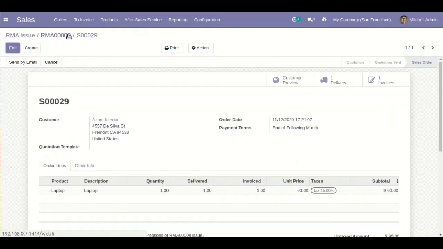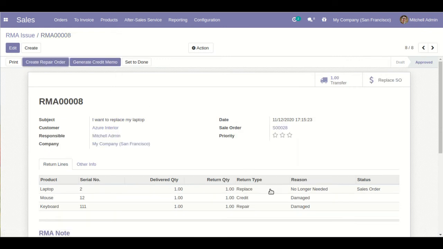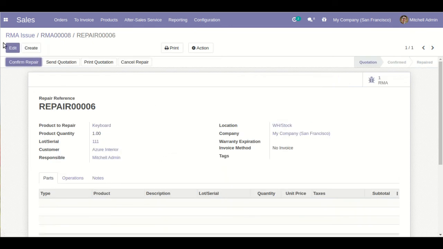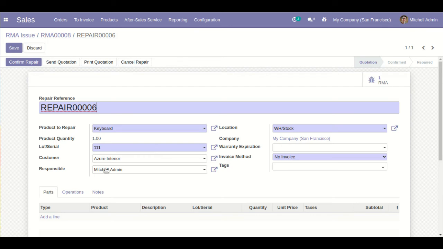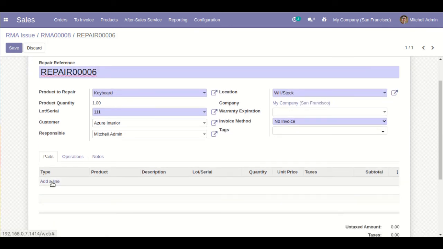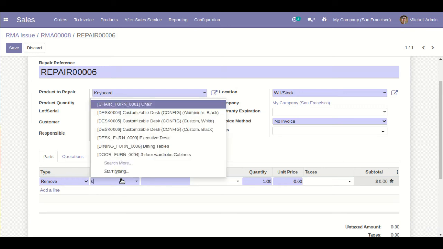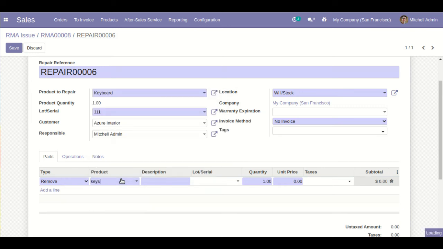All right, now again go to the RMA order. You will see here the status is sales order. So here we again create a repair order. Here we can easily see, for this keyboard, what parts we want to add or remove. So this kind of lines we can generate over here. Just like for this repair of keyboard, some keys are removed, so we will write keys are removed.